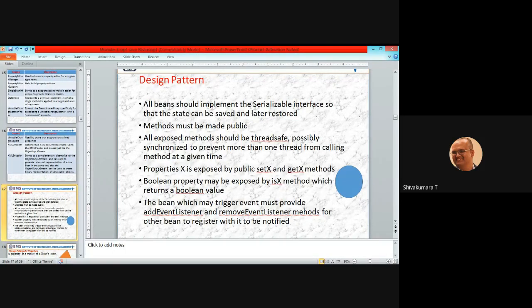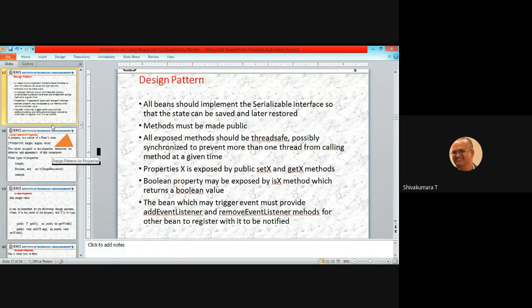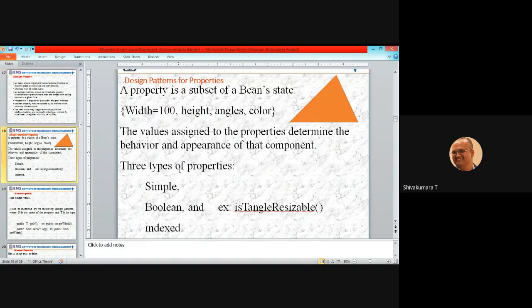Properties: x, setX and getX methods are exposed as public, and for boolean properties the pattern is isX. For event triggering, add listener and remove listener methods need to be defined for any normal Java Bean components. And the next design pattern for property is nothing but a subset of a bean state.